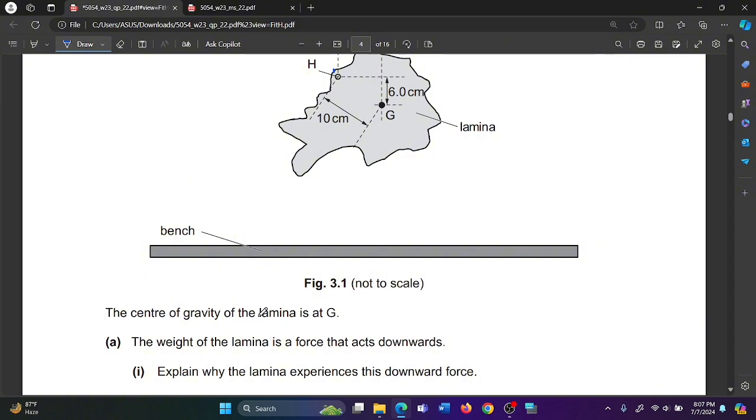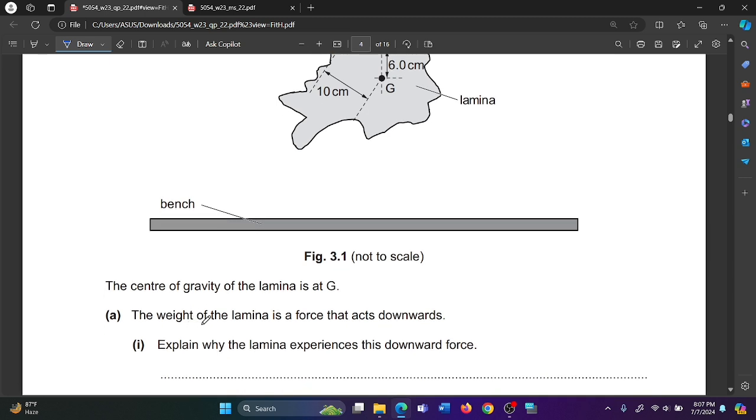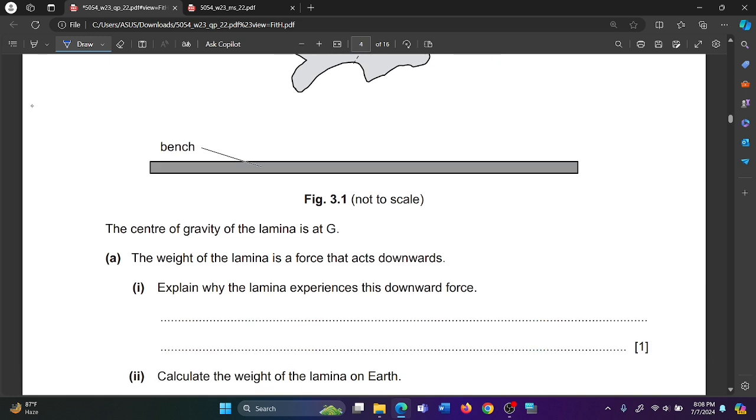The center of gravity of the lamina is at G. So this is the center of gravity, G, and this is the pivot at H. The weight of the lamina is a force that acts downwards. Explain why the lamina experiences this downward force. Very easy. Why does any object experience force? Because it has mass and it's in the Earth's magnetic field. So the answer is it has